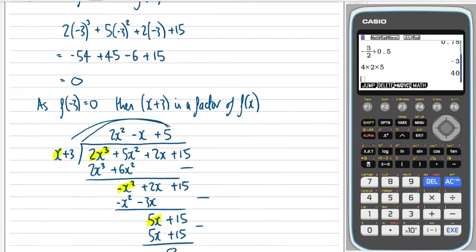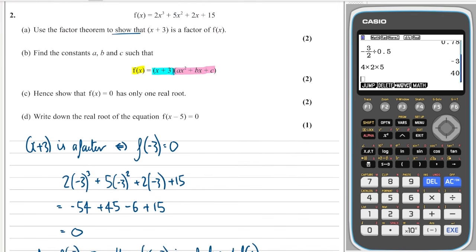Right, next part of this question. Write down the real root of the equation f of x minus 5. Well, what is that as a graph transformation? Well, I think what you remember is that if it's inside the bracket, it affects the x, and it always does it in the kind of opposite way you'd expect. So it's going to be a translation